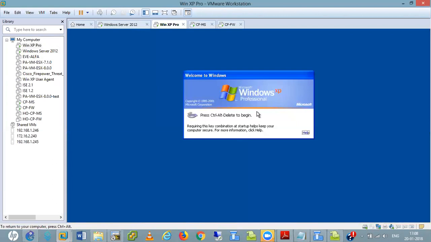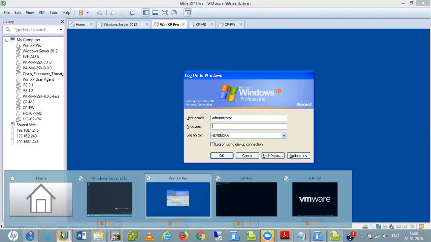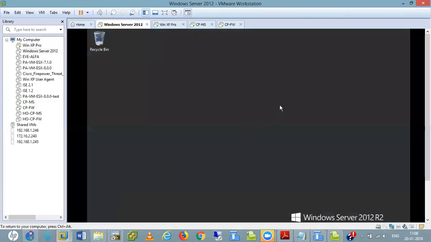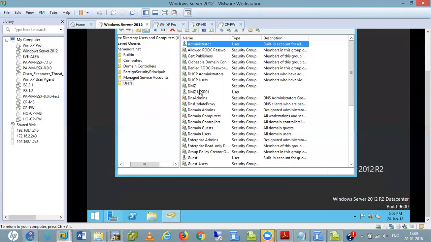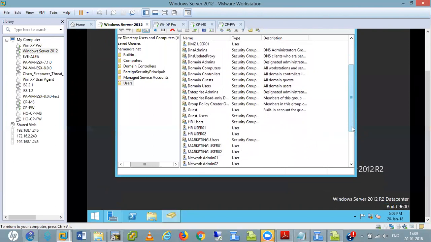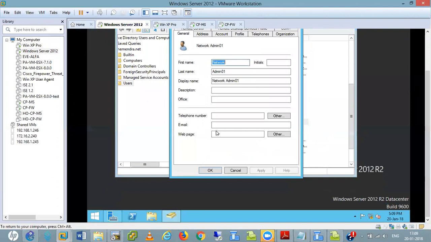Now I am also using the domain. I am logged in as an administrator on the network. Let me check what the user names in my domain are. HR1, HR2, and administrator. In my network admins, basically we have this network admin one, which is